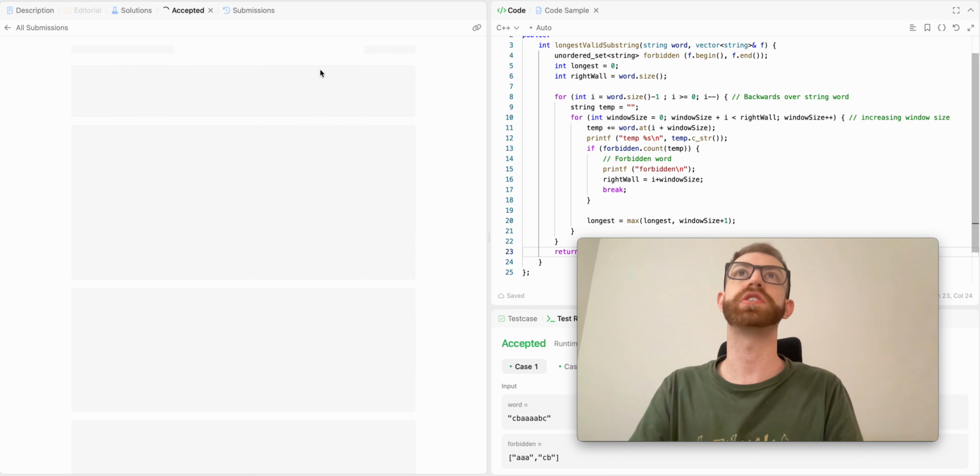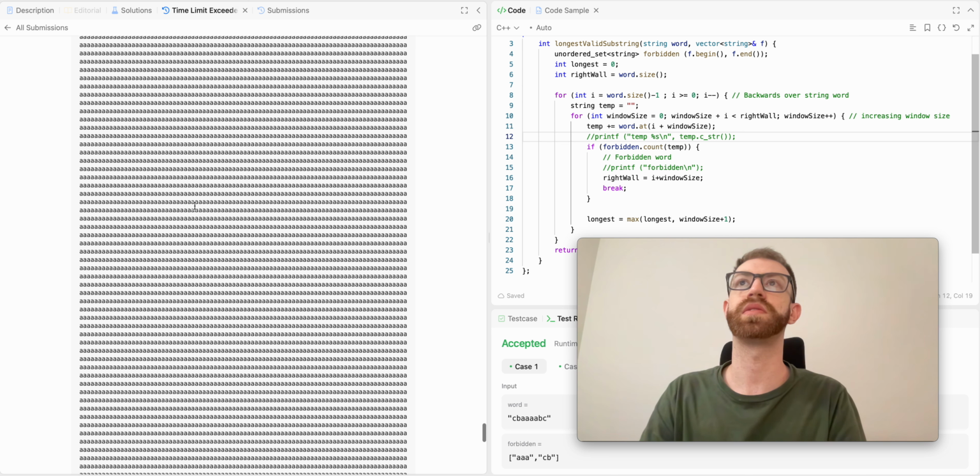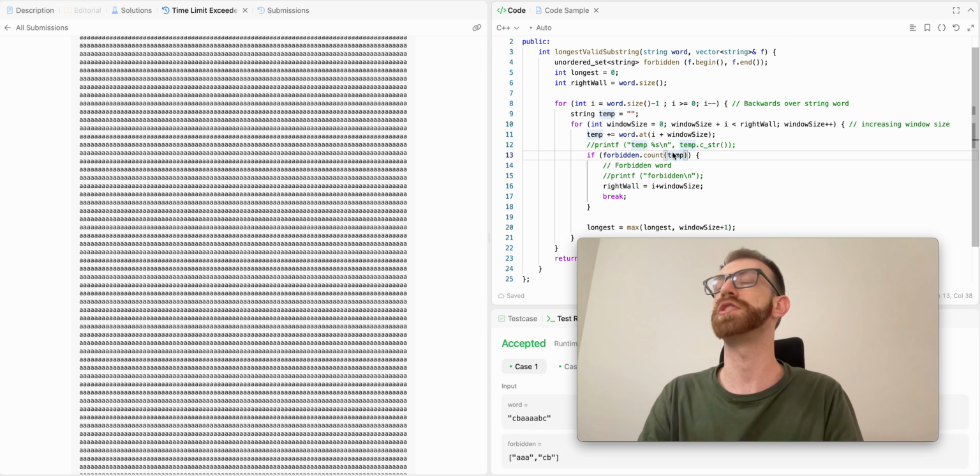All right, so you see time limit exceeded. So we need a way to optimize this. If you can tell, this is important here: the length is never going to be greater than 10. And if you look at this test case where the time limit exceeded, you see how it's just a bunch of A's, and this is BC, DE, B. So really we don't want to increase the window size up this entire thing. What we can do is check if the window size is above 10, and if it is, we can assume that you can complete all the way to the next right wall